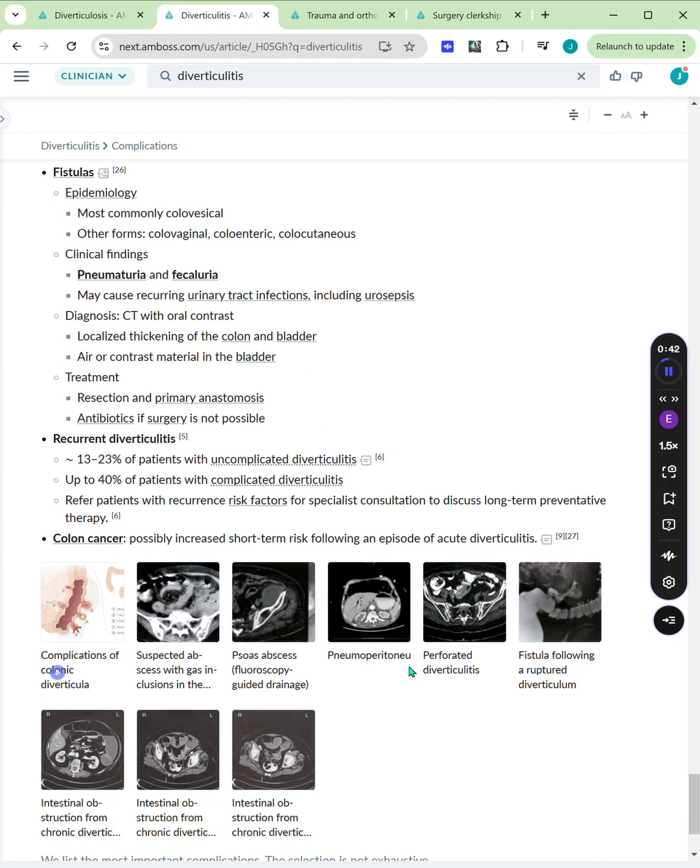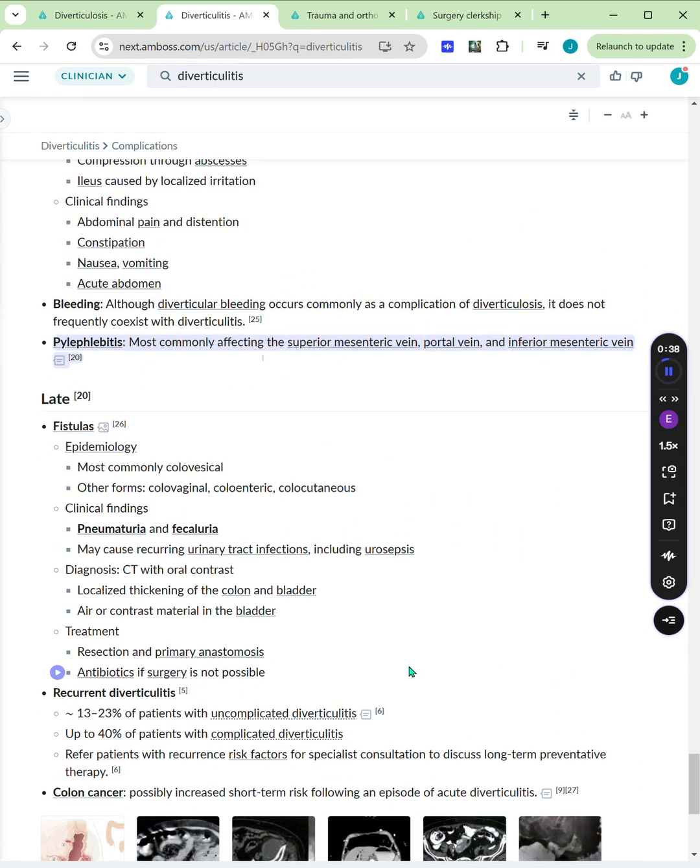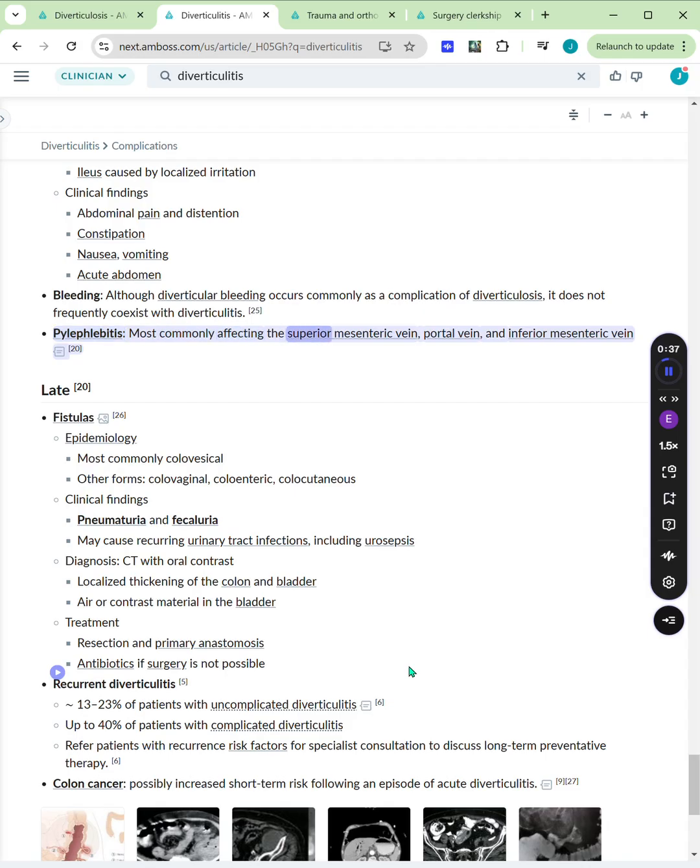Bleeding: although diverticular bleeding occurs commonly as a complication of diverticulosis, it does not frequently coexist with diverticulitis. Pylephlebitis, most commonly affecting the superior mesenteric vein, portal vein, and inferior mesenteric vein. Fistulas: epidemiology, most commonly colovesical. Other forms: colovaginal, coloenteric,